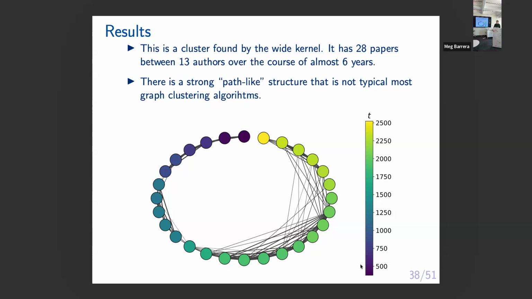Does that kind of trick the algorithm in some way? If you define whatever distance score, do the distance measures look different for different kinds of collaboration patterns? Probably yes, but I'm not convinced that that's a bug and not a feature.